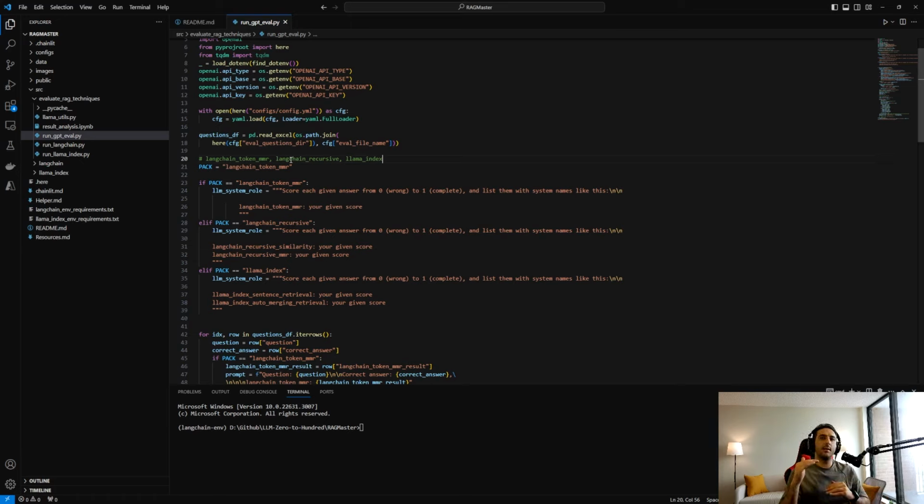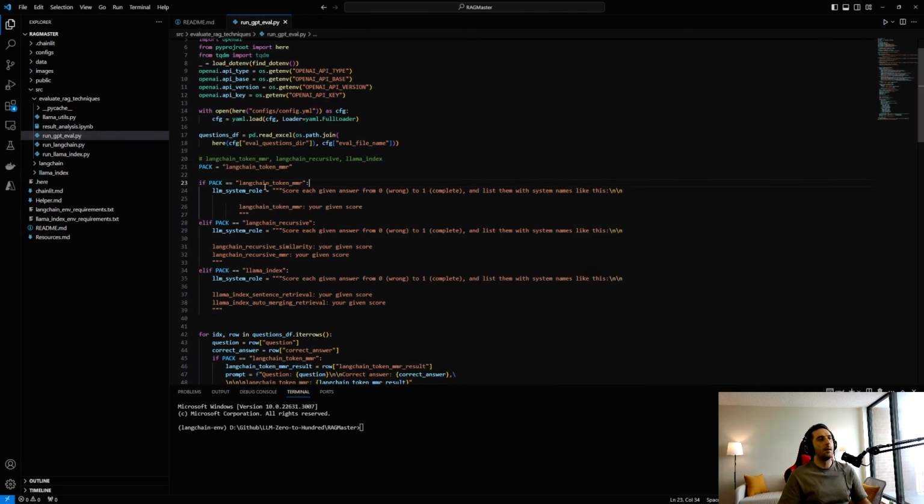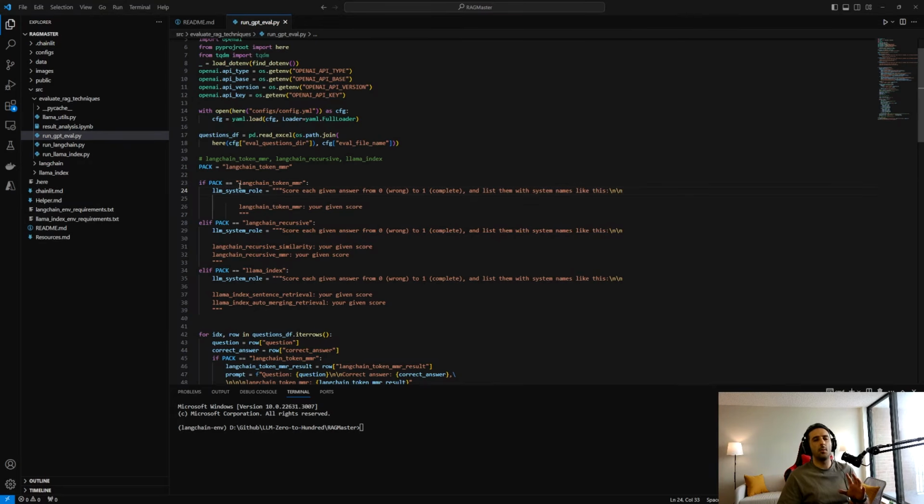So I divided our 5 techniques into 3 different groups. Our first group is Langchain token MMR alone. So I will pass this technique by itself. And for the system role, I'm using an almost identical instruction for all 3. So it says score each given answer from 0 to 1. 0 means it is wrong. 1 means it is a complete answer. It includes all the key information, and list them with system names like this. So for instance, in case our pack is equal to Langchain token MMR, it is going to give me Langchain token MMR and the score that our large language model wants to give to that